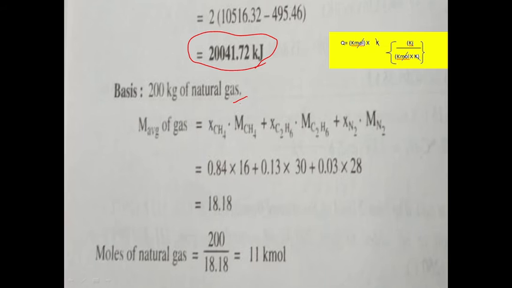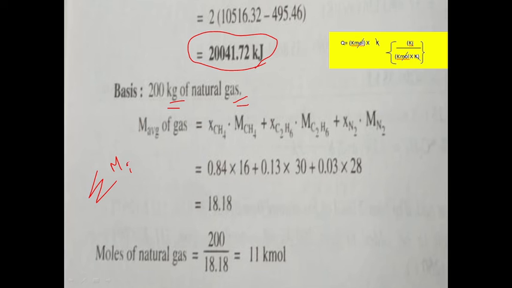Okay. So the second question: the number of moles is not directly given. Weight values are given, so from the weight we are going to find the number of moles. What is the relation between number of moles and weight? Number of moles is equal to weight by molecular weight. With only one component, we directly take that component's molecular weight. But in this problem more than one component is present. That's why we are going to use the average molecular weight. So what is the formula for average molecular weight? The summation of mi into xi.